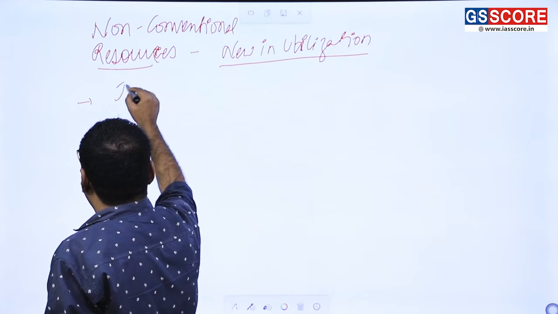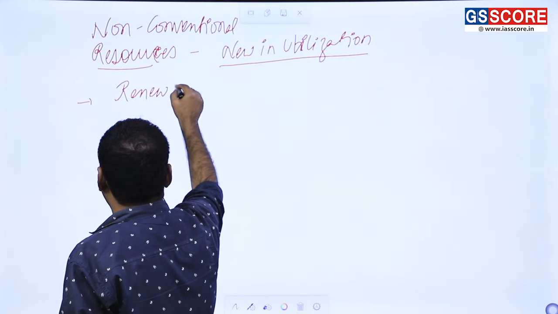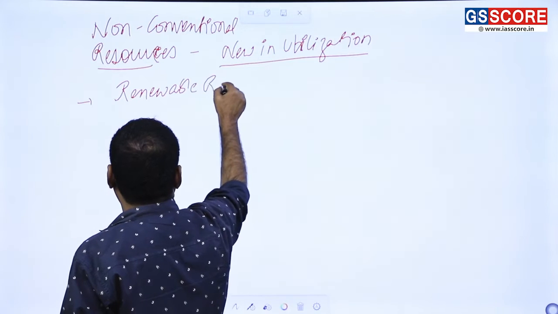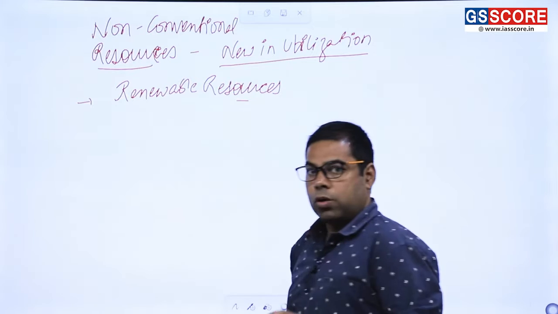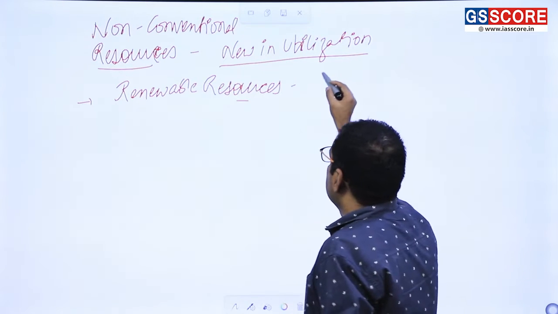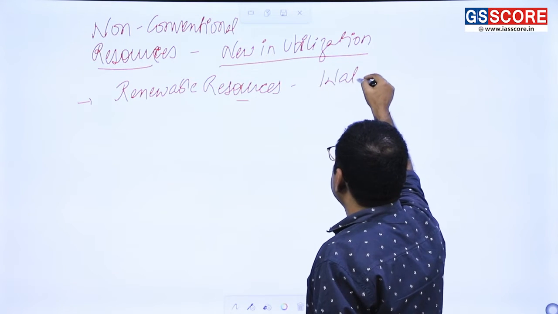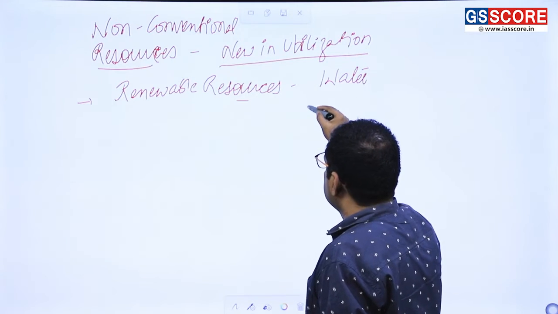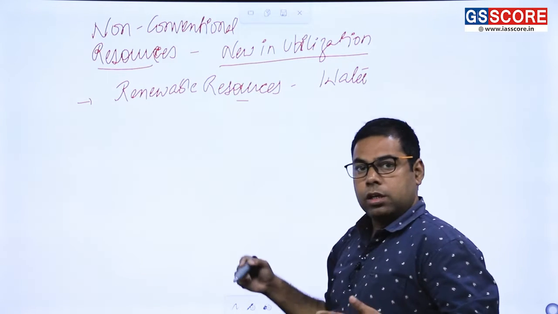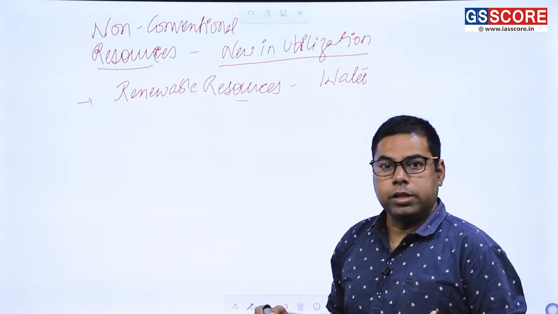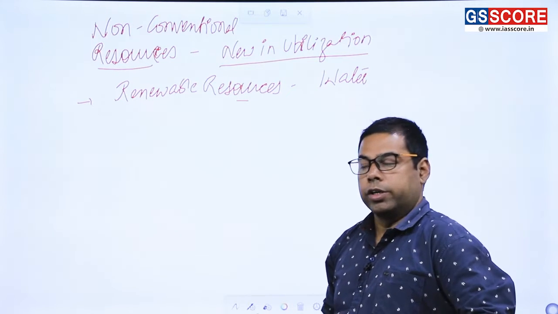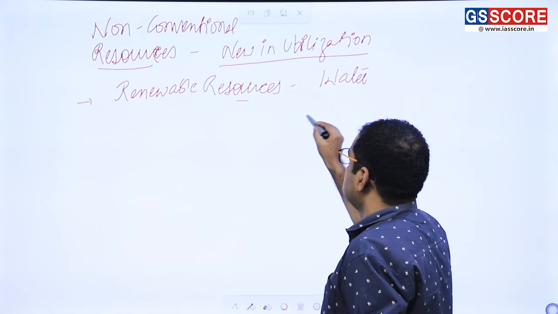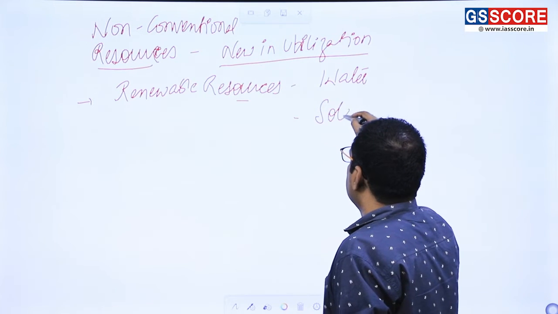It includes renewable resources. But what are the key ones? The most important is water. Another is the resources which we have in abundance and can harness, that is solar energy,